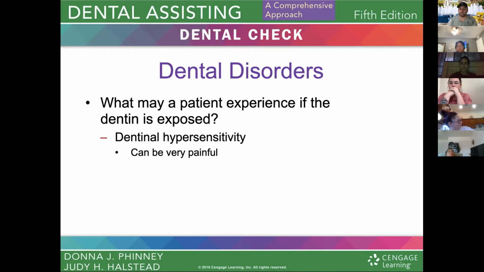So if you work in an office that does same day crowns, and I'm thinking that a lot of you may, since it's becoming more and more common, it's important to check on your patient, make sure that they're still numb throughout that process, because when their tooth has no enamel on it and the sensation starts to come back, even if they open their mouth to talk, the air from the environment can hit it and it can be painful,